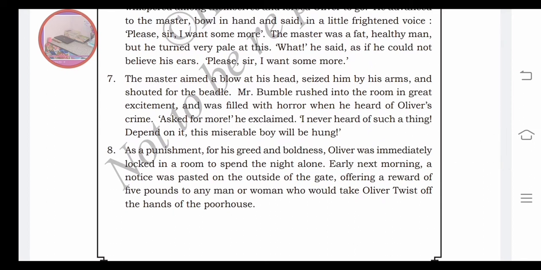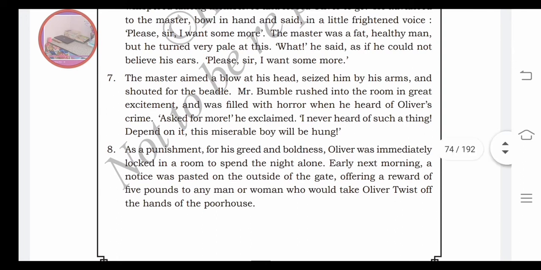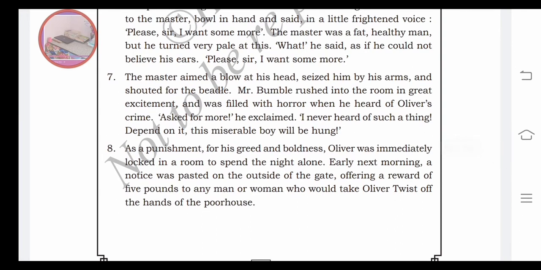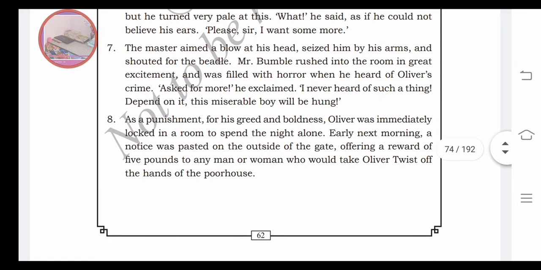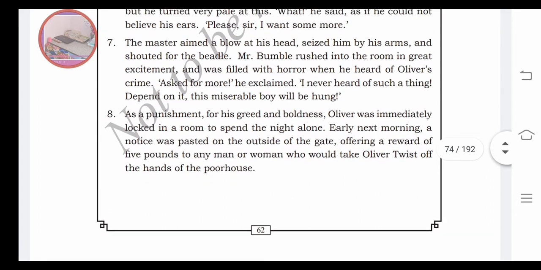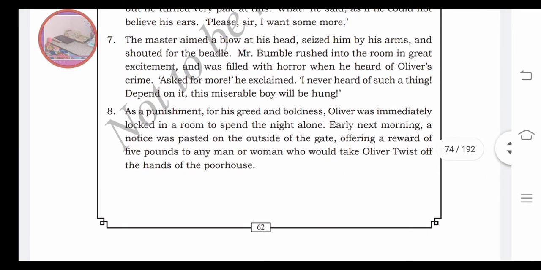He went near the Mr. Bumble office room and he said, do you know he asked for more? He doesn't have a right to ask for more. Just hang him or just give a severe punishment to him. Okay? Now, as a punishment for his greed and boldness, Oliver was immediately locked in a room and spent the